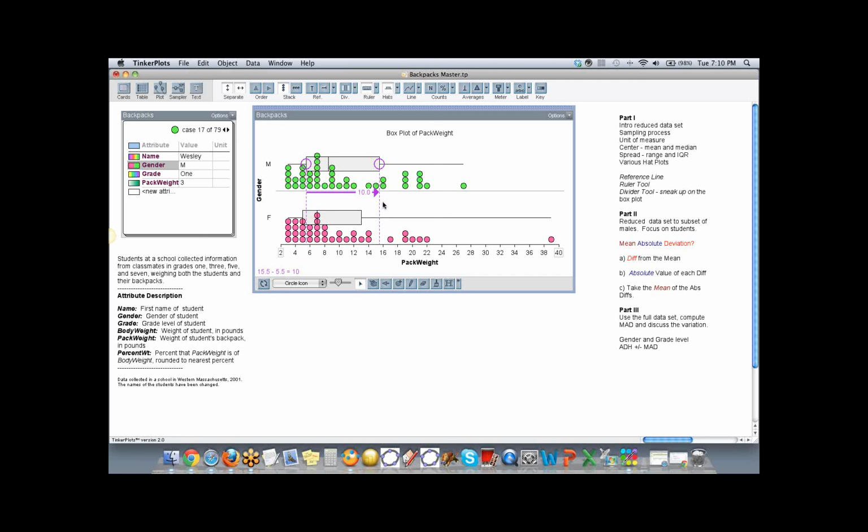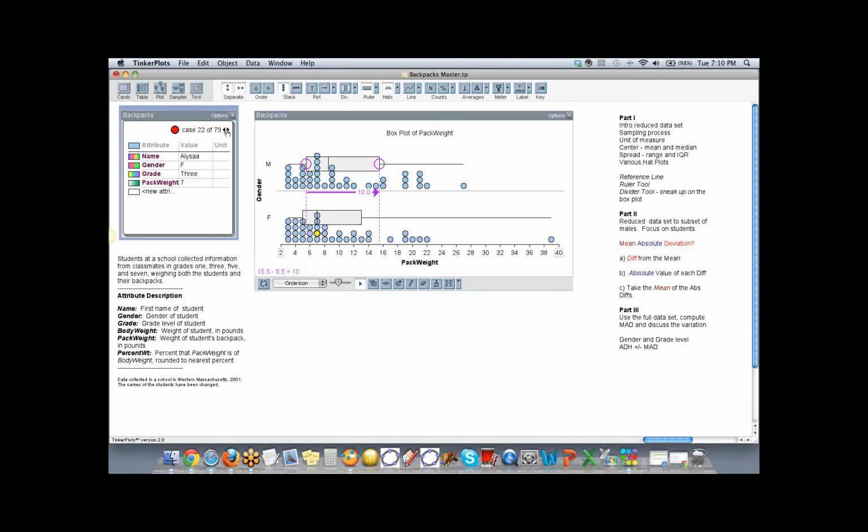So I'm going to stop just real quick because I'm seeing some questions going on the other computer screen. Somebody wants to know if they can add a data card. And yes, you can. Let me show you how to do this. If I get all the way to the end of the data cards, you'll see a blank data card. And I'm not sure how to zoom to the end, so I'm clicking through. If I click all the way through to get to the end, I will be able to add a new data card. And there it is. So you can add the student, the gender, the grade, and the pack weight.